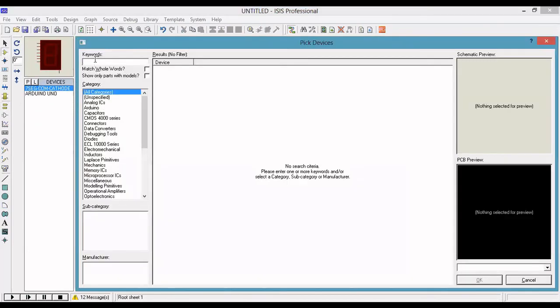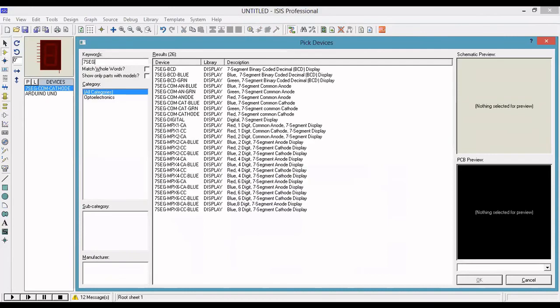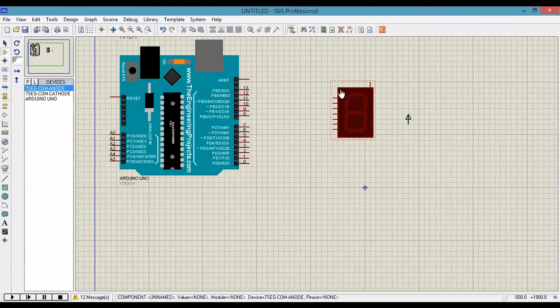Go to keywords. Seven segment. So you have to select the common anode connection. This is called common anode connection.